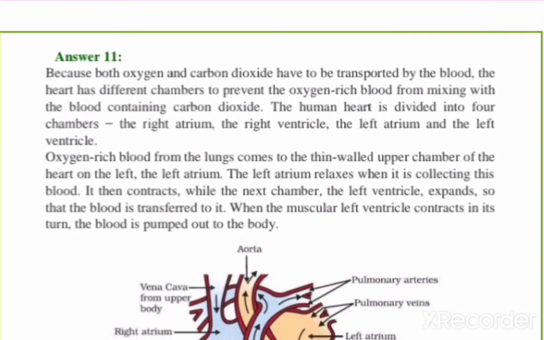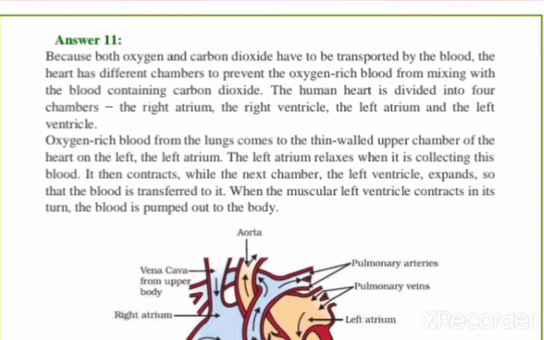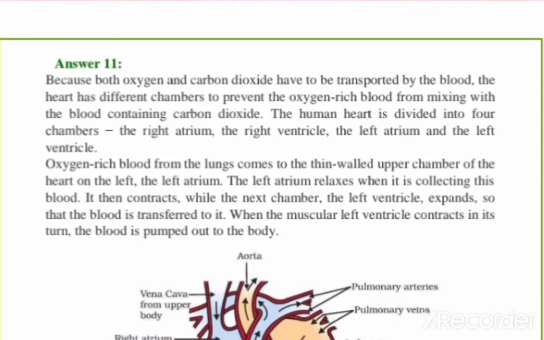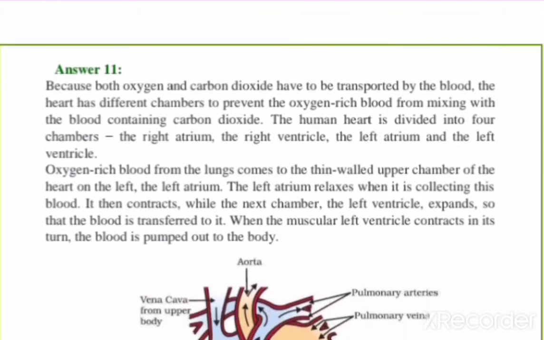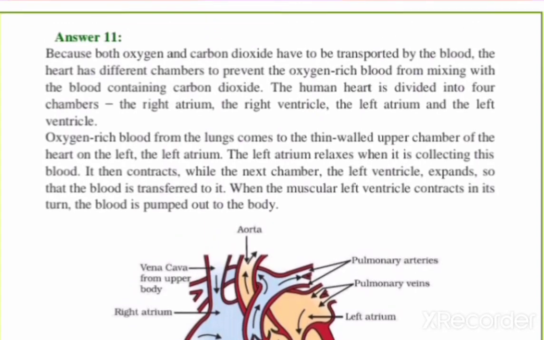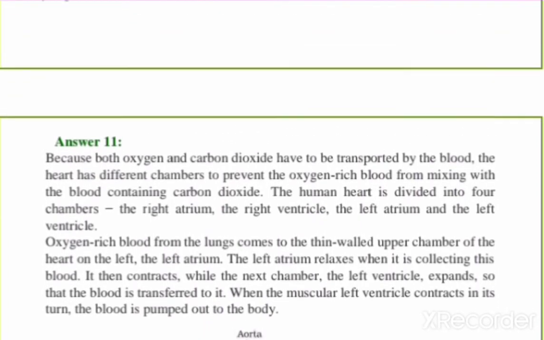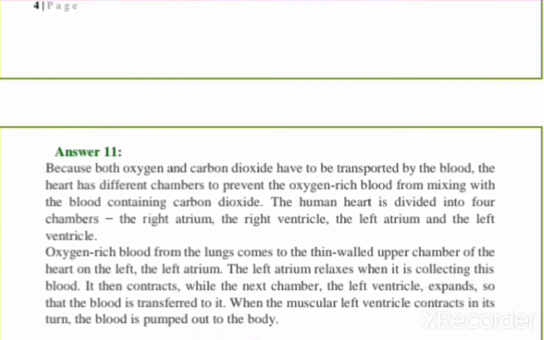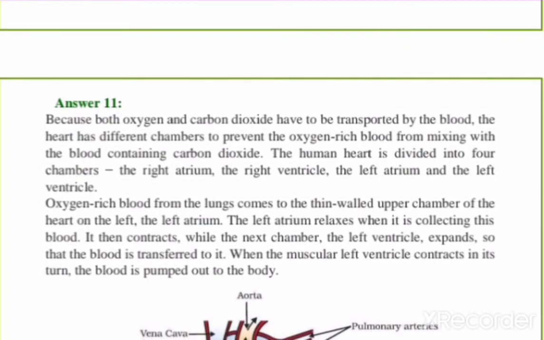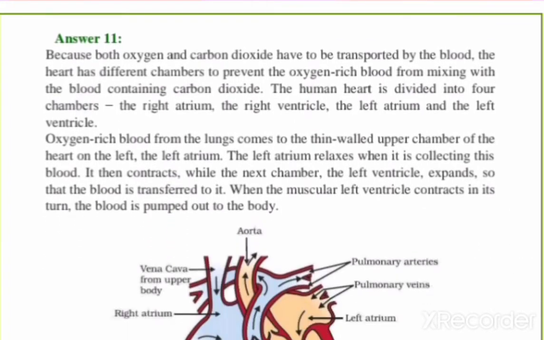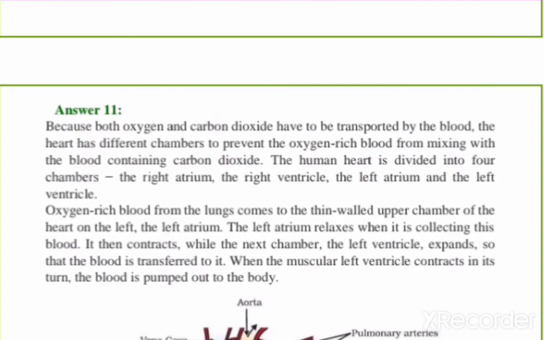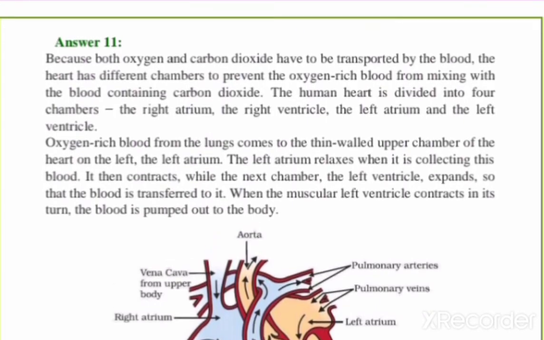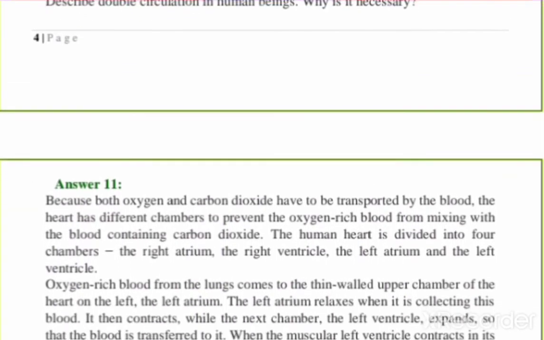And on the other side what happens, the right atrium receives all the deoxygenated blood from all the parts of the body and gives it to the right ventricle, and it passes to the lungs and the lungs purify this and give it back to the left atrium, and the left atrium transports this oxygen rich blood to all the parts of the body. So here two circulations occur at one time. First one is the oxygen rich blood transportation and second one is the collection of deoxygenated blood from all the parts of the body. So that's why it is the topic of double circulation in human being.